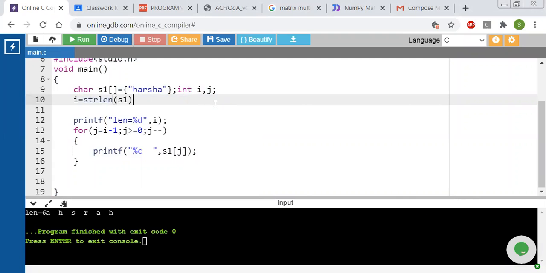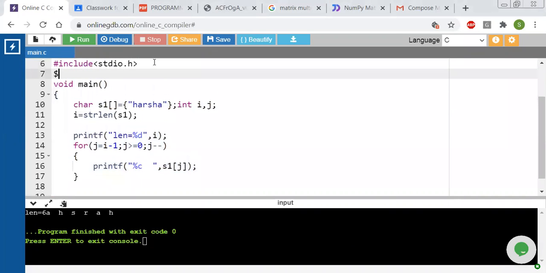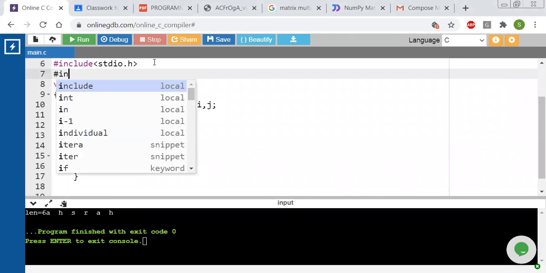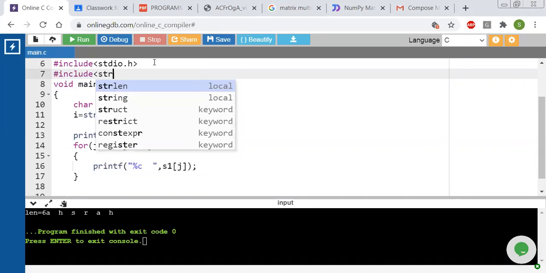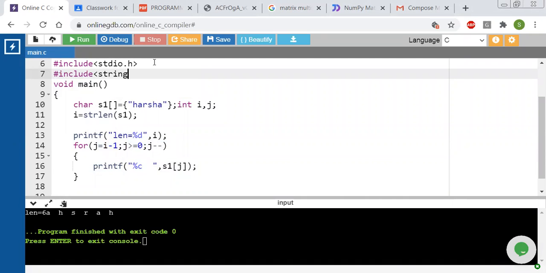We have a predefined function in string.h, for that I have to include string.h. So instead of writing that for loop, we can write the strlen function, and then repeat the same thing.